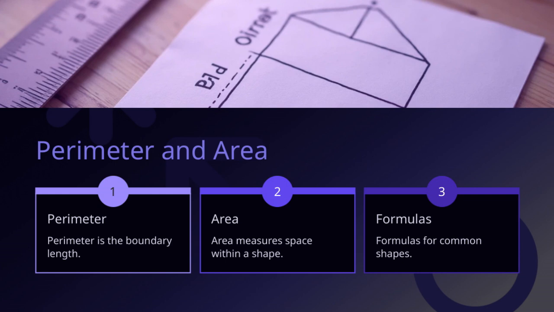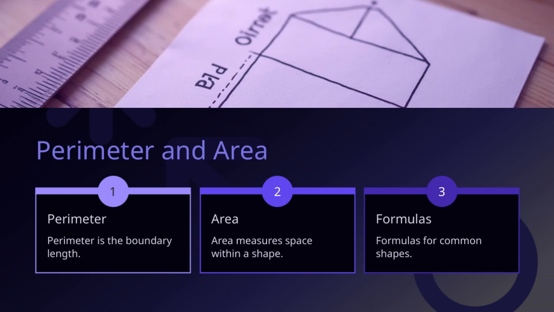Understanding these two concepts is crucial because they help us quantify and compare different shapes. Remember, perimeter tells us the boundary length, which is useful for fencing or framing, while area helps us understand how much space something occupies. These ideas are fundamental in geometry, and knowing the formulas allows us to calculate these measurements